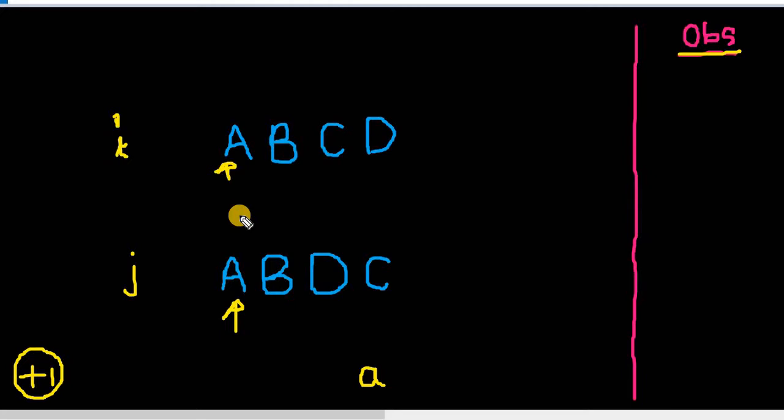So after that, what we want to do is we increment our pointer in J's case. Similarly, because A was found, we'll increment our counter or pointer here. So that will ensure that it's pointing to the next index. So we'll check if these two values are same. If yes, we'll again increment the count. So as of now, our common subsequence will be A and B.